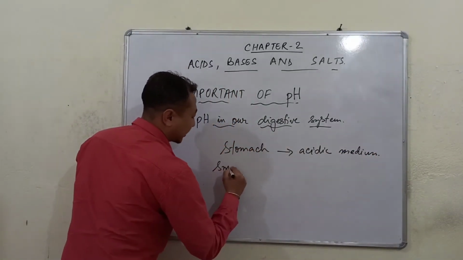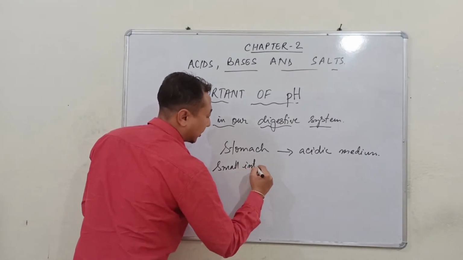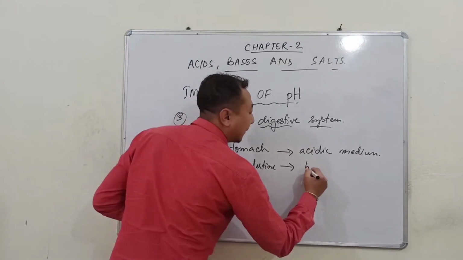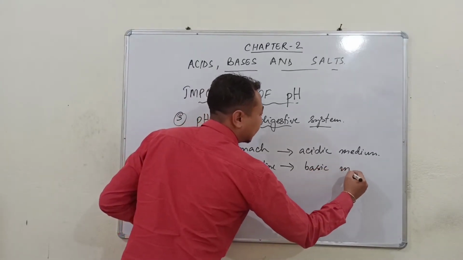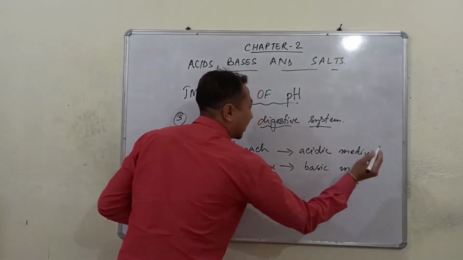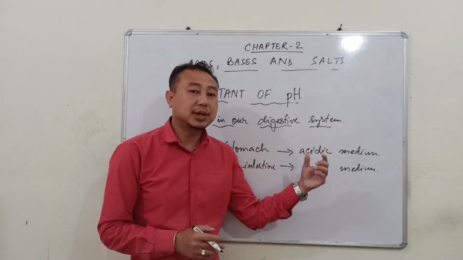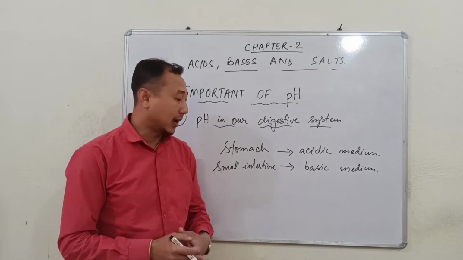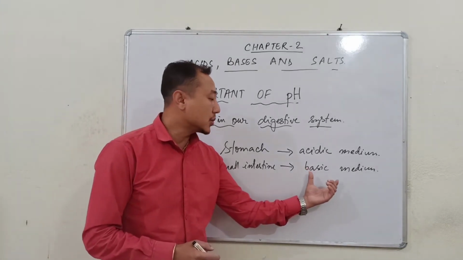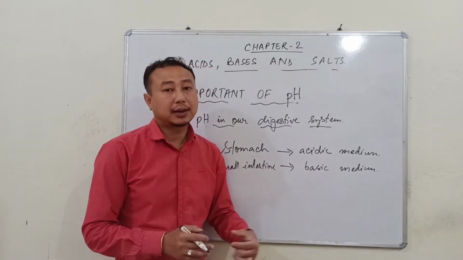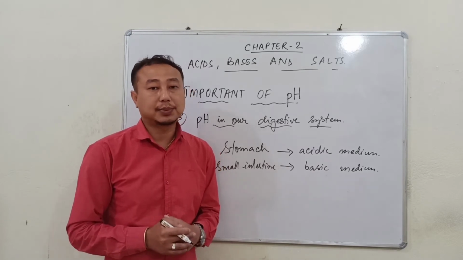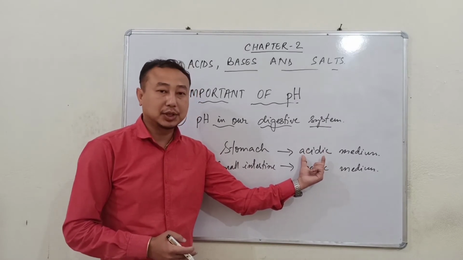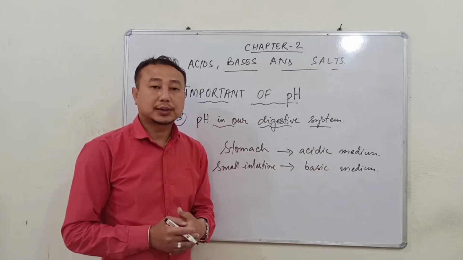While in the small intestine, it takes place in a basic medium. In the stomach, if an acidic medium is not created, then the digestion of the food materials will not be possible. While in the small intestine, if there is no creation of a basic medium, then in that case also the digestion will be impossible. So in the stomach, in order to create this acidic medium, the wall of the stomach contains